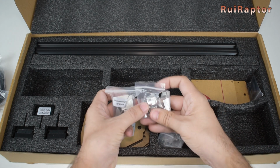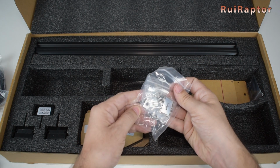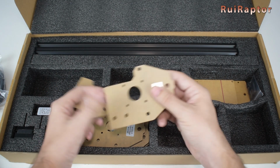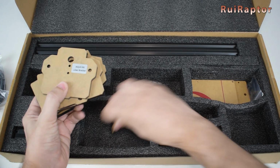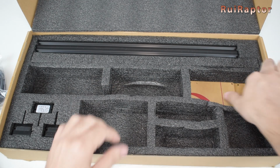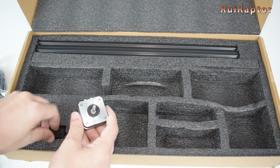Brackets, pulleys, and eccentric nuts. Spacers, lock nuts, T-nuts and flat nuts, black corner brackets, acrylic plates with almost 6 mm thickness, plastic standoffs, a couple of clear acrylic plates, 3 small stepper motors,